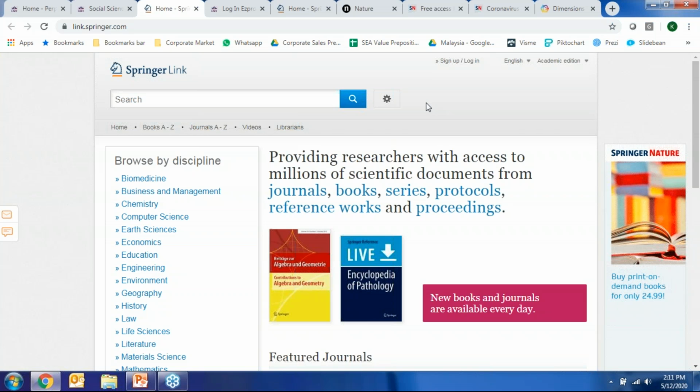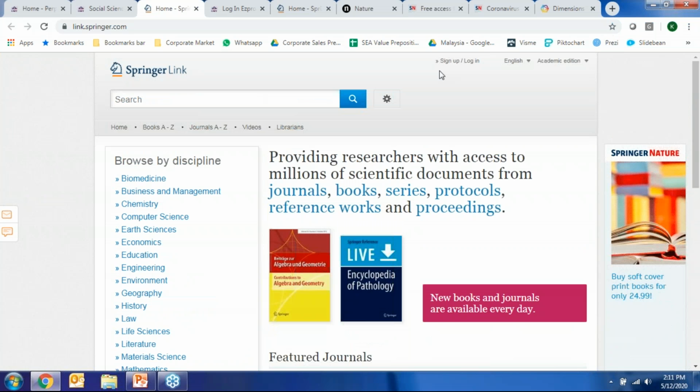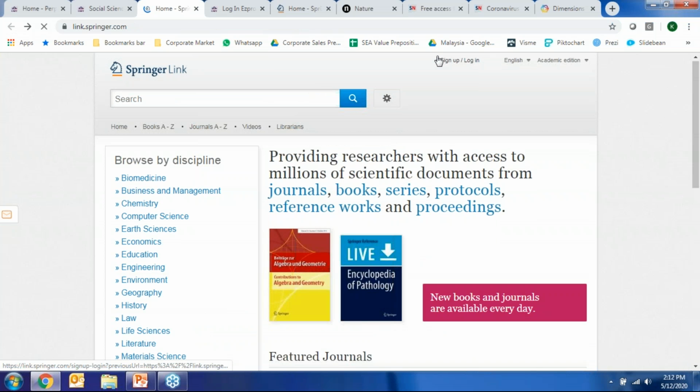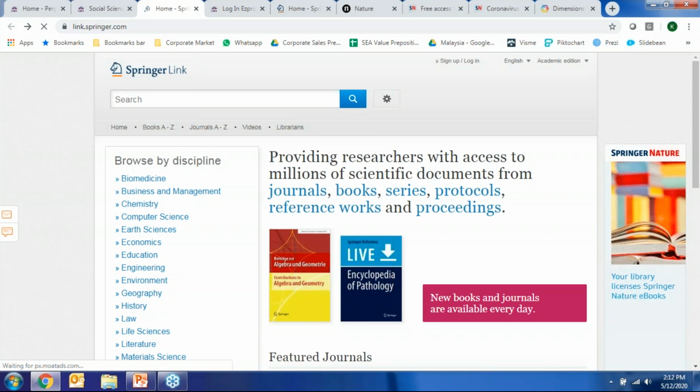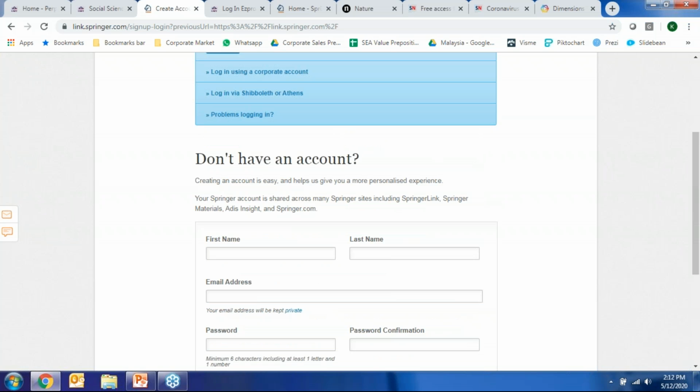Right? So perhaps the next thing that I would recommend, but this is not necessarily a must-do, is that you could create a profile for yourself on Springerlink by clicking on the top here, which says sign up or login. So click on it. If you don't have an account, if you've never registered before, you can go ahead and fill in the information. All it actually requires is a working email address and a password that you could use to log in again. And why would you want to do this?